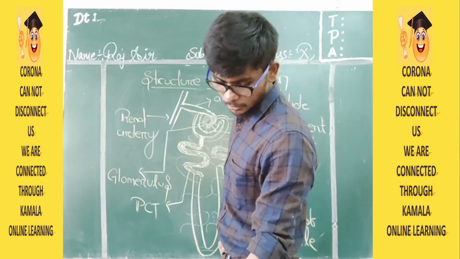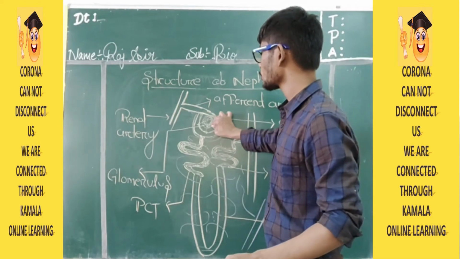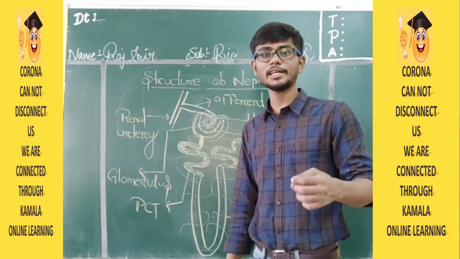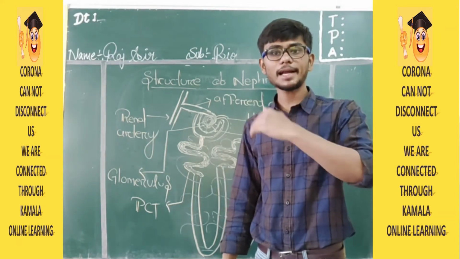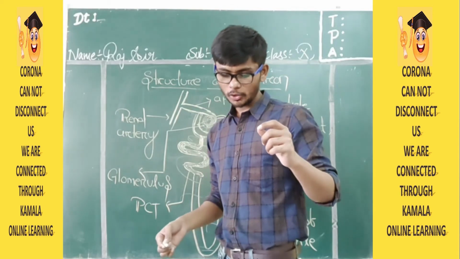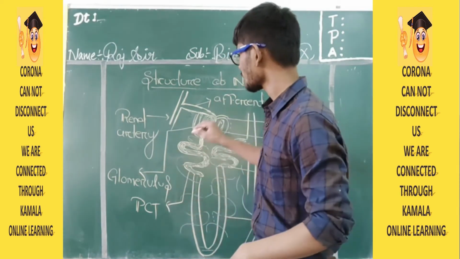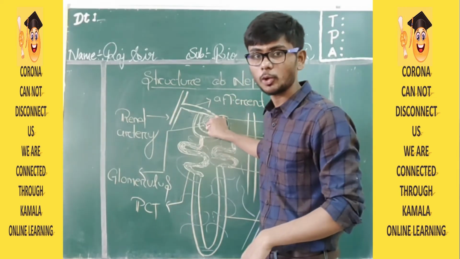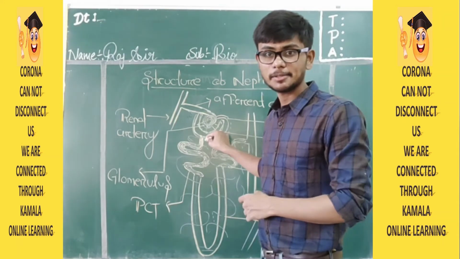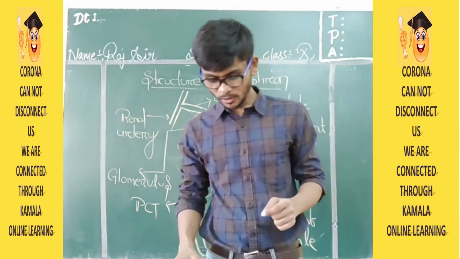Okay, so these are called podocyte cells. What are these cells called? Podocyte cells. Podocyte cells are the squamous epithelial cells which line the Bowman's capsule. These are fine pores between podocyte cells, which allow passage of materials filtered out from the glomerulus. Whatever materials are filtered out from the glomerulus will be allowed to pass through these podocyte cells, because they have small pores inside them. This is what you need to understand.